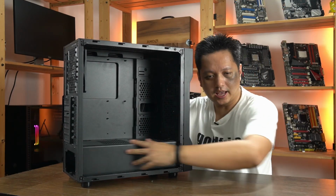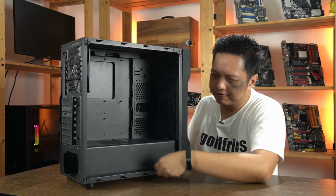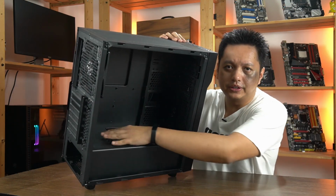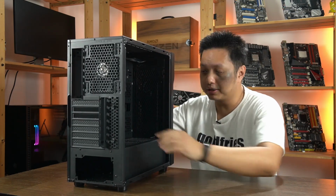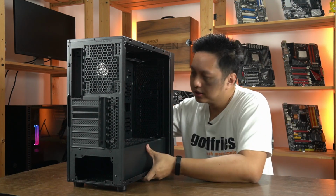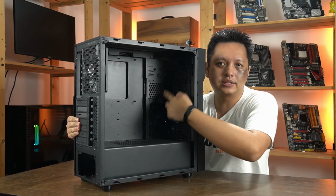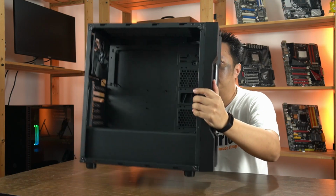And then it has a nice PSU shroud cover from back to front with mounting holes. You can mount things there. Even over here, there are cutouts which are great for cable management and linking up the USB cables and audio cables and such. Over towards the front side, let's see whether the light gets to it. Okay, you can see that there are holes here for the mounting of drives. And speaking of drives,